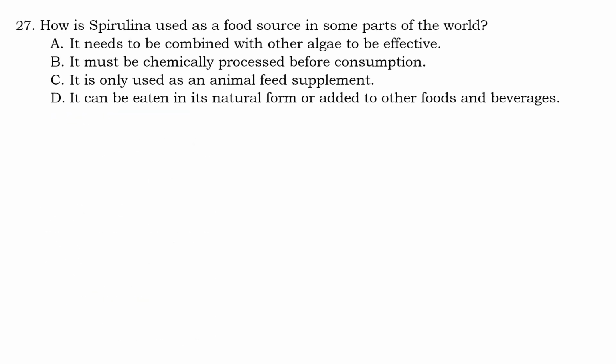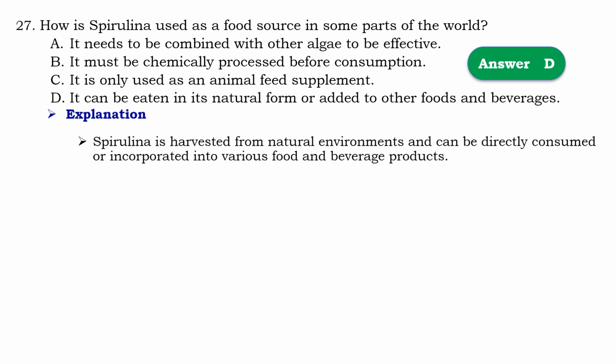Question number 27. How is spirulina used as a food source in some parts of the world? Spirulina የምንለው የተለያየ የተወሰኑ የዓለም አቀፍ ሀገራት ውስጥ እንደ ምግብ ምንጭ ይጠቀማሉ። እንዴት ነው ይላል እንዴት ነው የሚጠቀሙት ነው? So the answer should be D. It can be eaten in natural form or added to other food or beverage. Means that spirulina is harvested from the natural environment and can be directly consumed or incorporated into various food and beverage